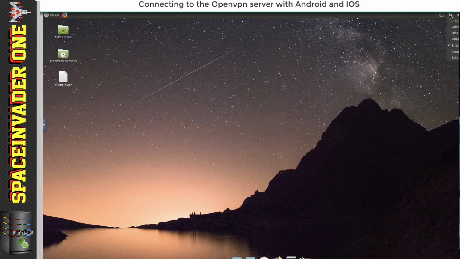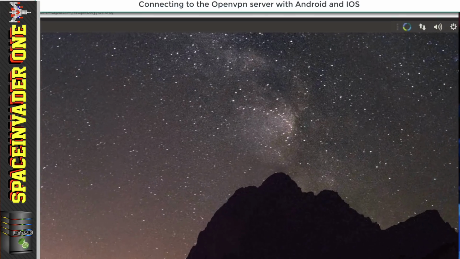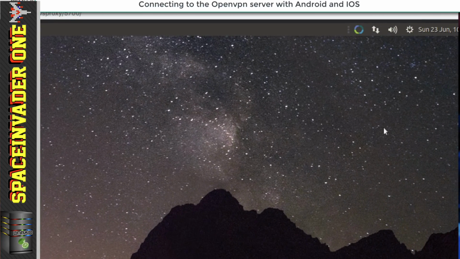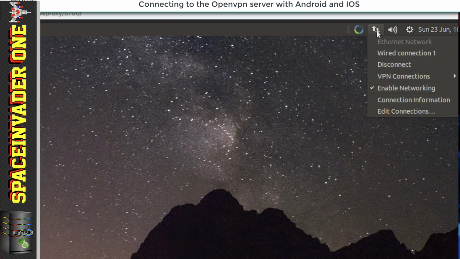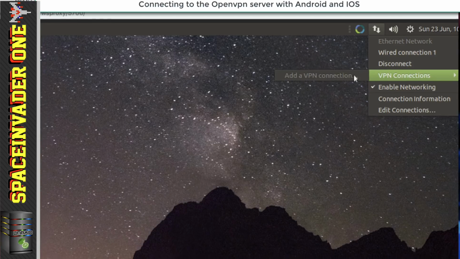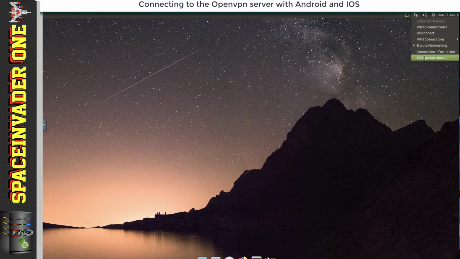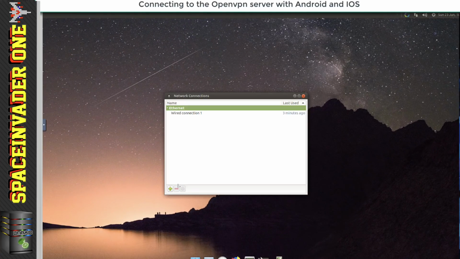So with that file put onto the desktop, I'm now going to go across to the top right hand side, and I'm going to click onto the network icon, the two up and down arrows here. And going down to where it says network connections, it says add a VPN connection. Now a lot of people get confused and think that's a button where you're meant to add the VPN connection, but it's actually telling you you don't have any VPN connections to connect to, and it's telling you to actually add one. And to do that we need to go down to edit connections, then click on the green plus